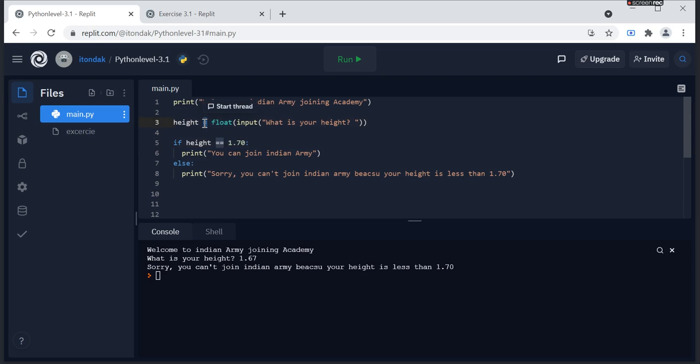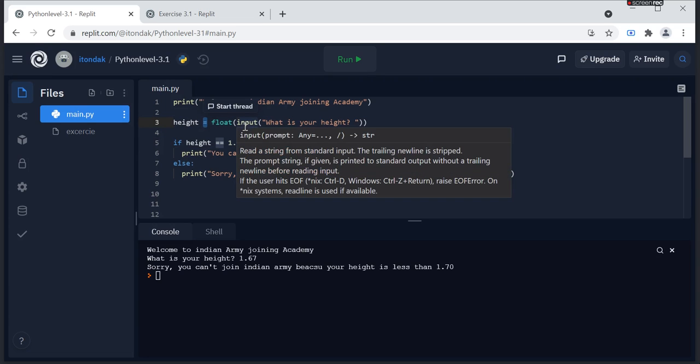A single equal sign means you are assigning a value to a variable. But when you have two equal signs, you're checking to see if the value on the left is equal to the value on the right.